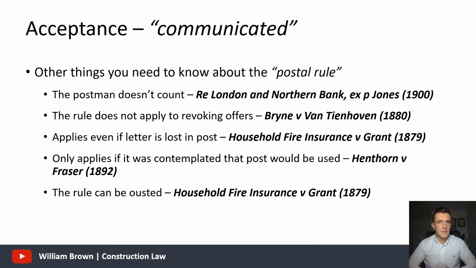But at the end of the day, it's going to be very difficult to establish that accepting an offer via post wasn't in the reasonable contemplation of the parties at the time. And that links into the final bullet point then, that the rule can actually be ousted by the offeror. So if they use very clear words within their offer that I will only accept an acceptance letter in a specified way, say for instance via email, then you have effectively ousted the postal rule at that point. That point we will talk about in more detail shortly when we look at specified or stipulated means of accepting